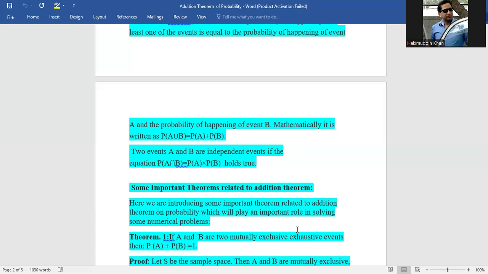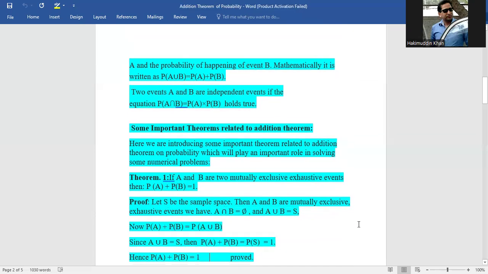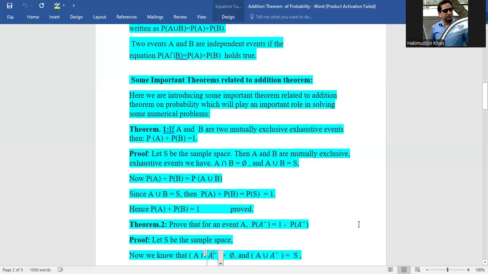So now we have some important theorems also, which we will use while solving numerical questions related to the addition theorem of probability. Theorem 1. If A